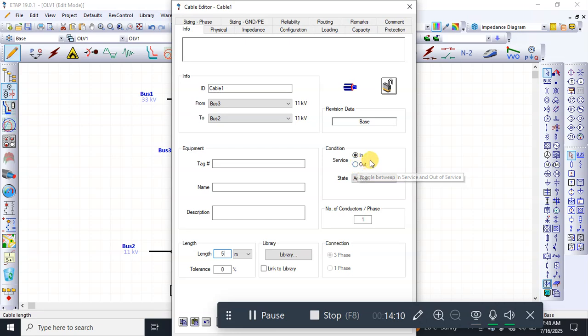So the cable is still in service now. So select, then the number of conductors per phase. Let's use this 1. So you go to library if you want to select types of